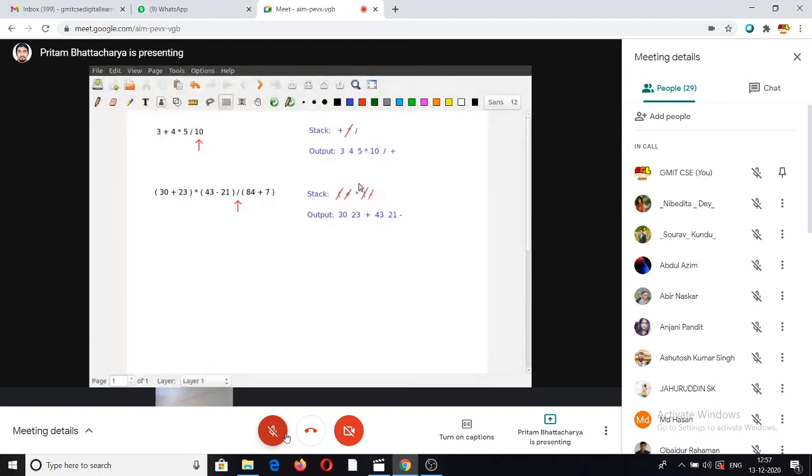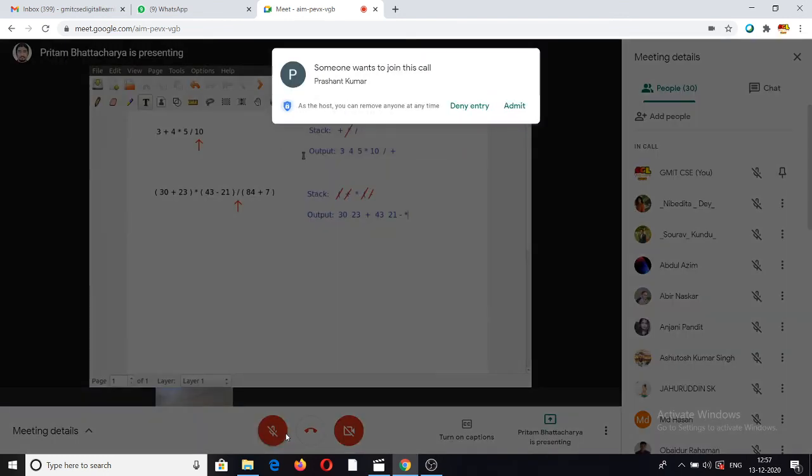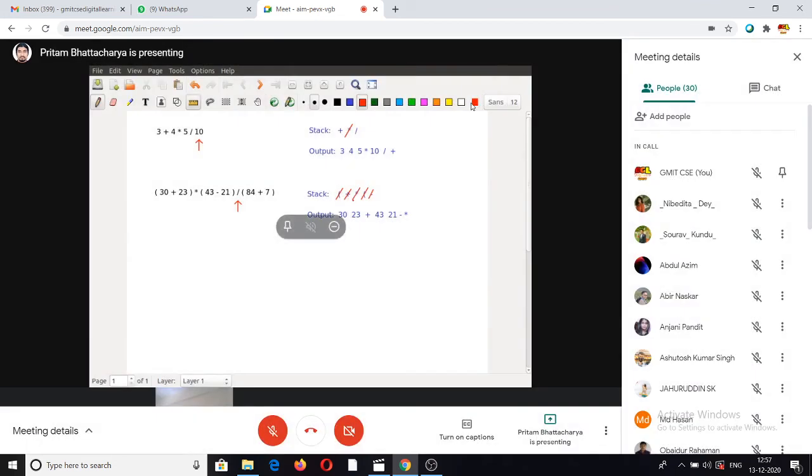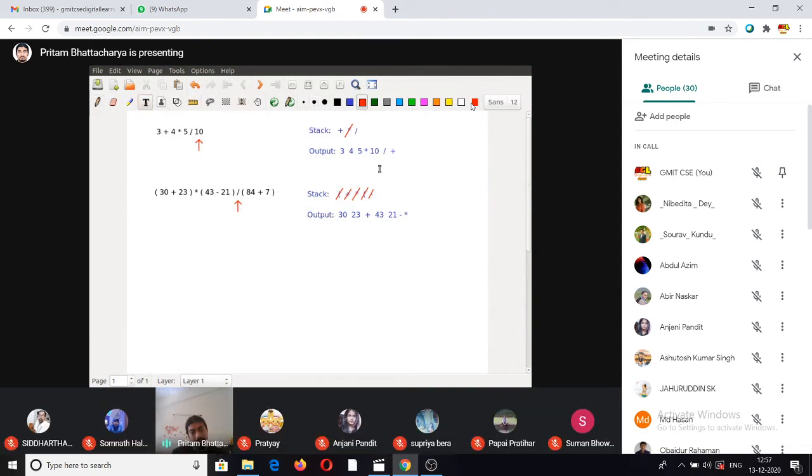If it was strictly greater in terms of precedence, I would have pushed it in. But here, because it's not strictly greater, I do the reverse. I actually pop everything in the stack from the top. I go all the way down till I encounter at least some operator which is equal or higher in precedence. But here there is only star to output, and after that the stack is anyway empty. So star is actually moved from the stack to the output, and then you actually add the division operator here.